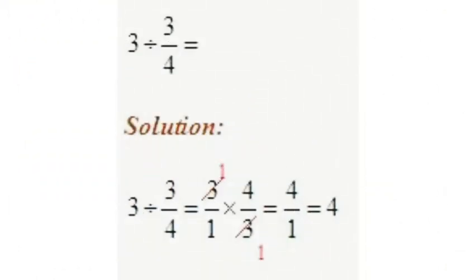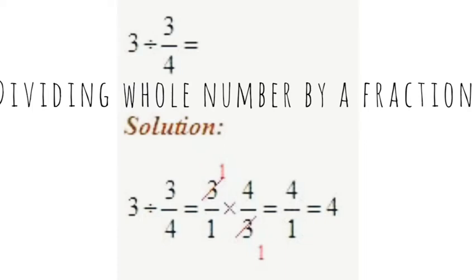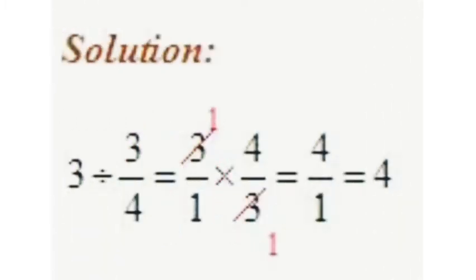Now let's see how to divide a whole number by a fraction. The first one you have is a whole number, which is 3, divided by 3 by 4, which is a fraction. Now you have to find the reciprocal of 3 by 4. So 3 divided by 3 by 4 is written as 3 by 1 divided by 3 by 4. As I have already told you, writing 3 is the same as writing 3 by 1. The division sign will change to multiplication, and 3 by 4, that's the second fraction, will change to 4 by 3. Now we simplify again: 3 ones are 3, 3 ones are 3.